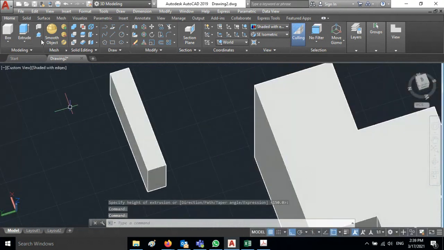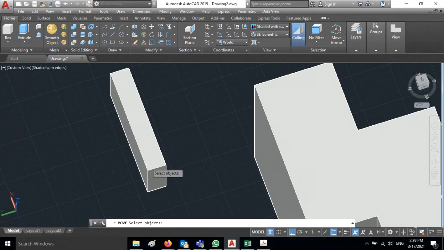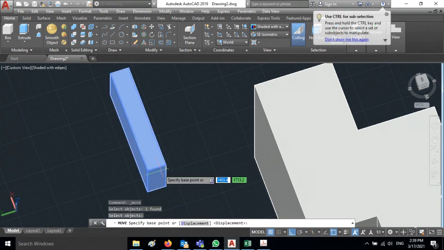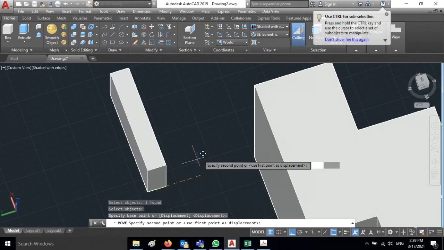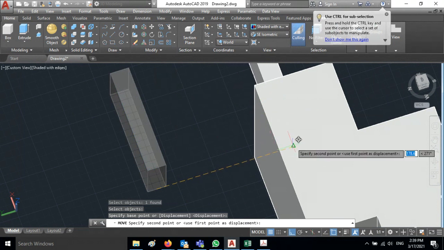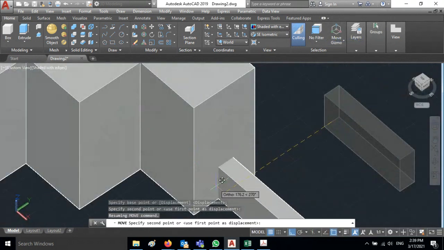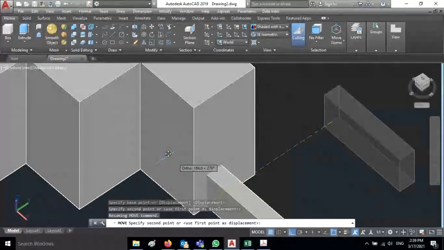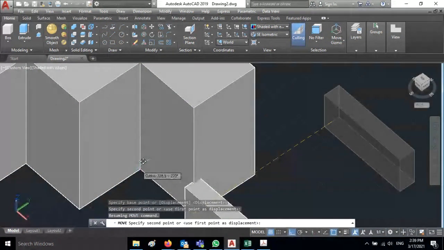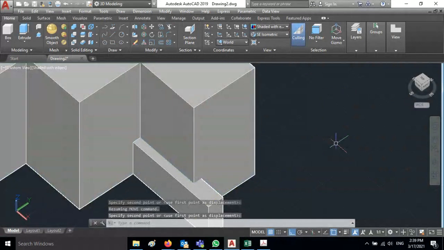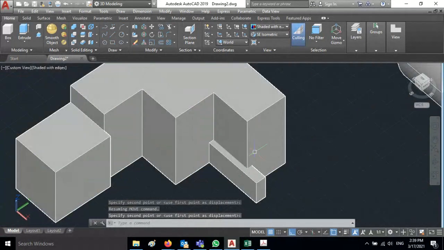Okay, I just need to move this one. Now you can see I need only the intersecting part of these two objects.